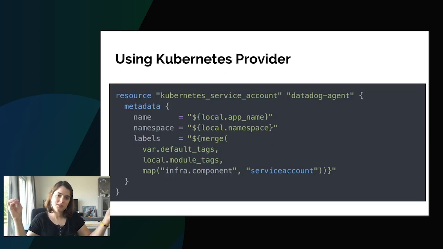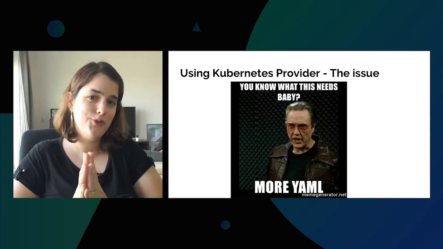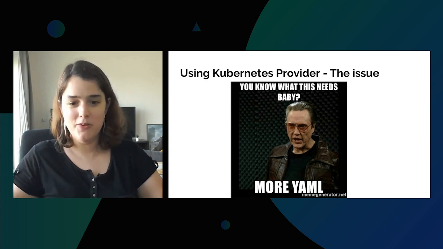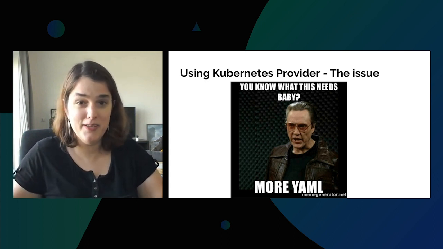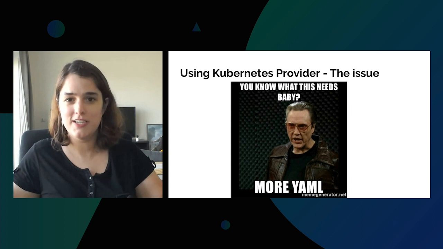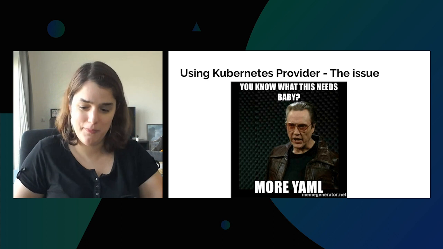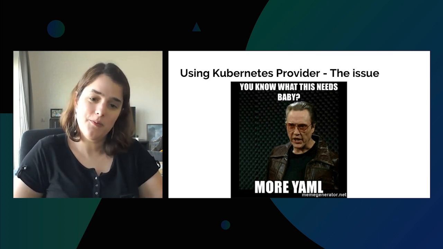So I started to experiment with the Kubernetes provider. So Terraform has a Kubernetes provider. And then I started using it instead of new resources. And it was quite nice for a while. But then I realized that I lost my YAML. And if you use Kubernetes, you know that YAML is your baby in Kubernetes. So I lost it. I lost it when I started to use the Kubernetes provider, and I was really upset by that. So in the end, I reached the conclusion,